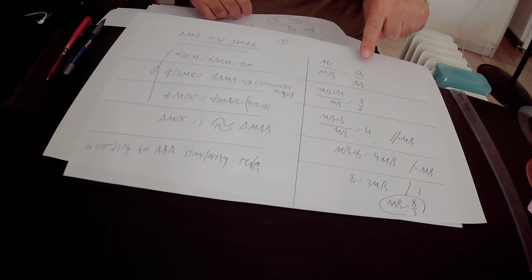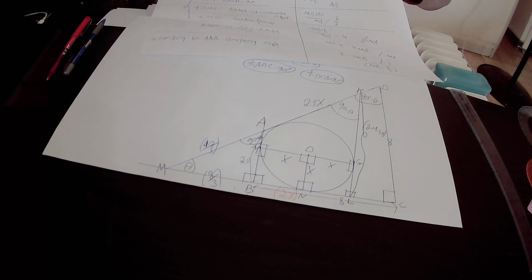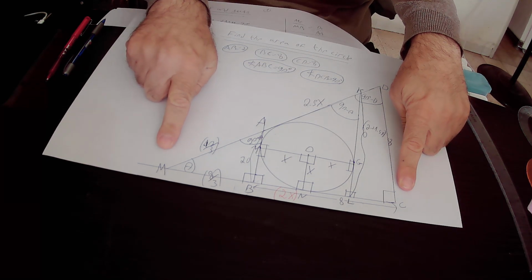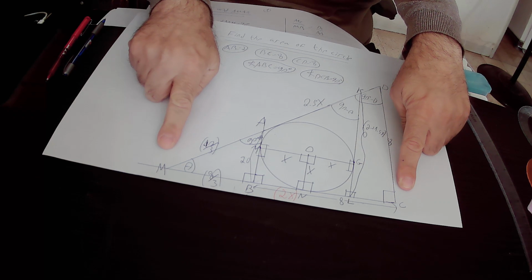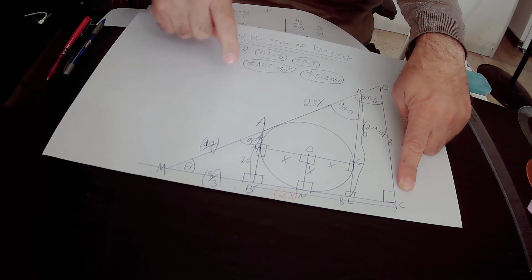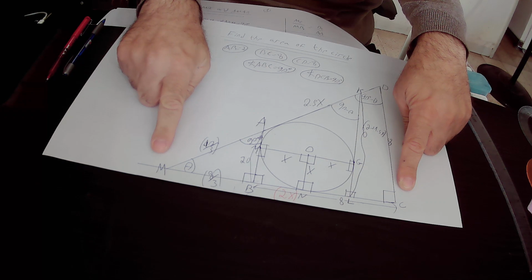MC over MB equals DC over AB. From the drawing, it is very easy to see that MC equals MB plus BC. That is to say, MC equals MB, that is 8 over 3, plus BC, that is equal to 8 units according to what is given. So we can substitute MC by 8 over 3